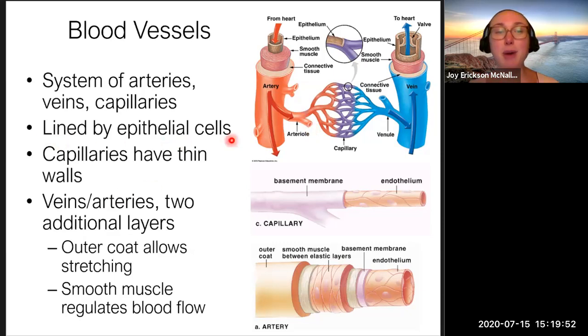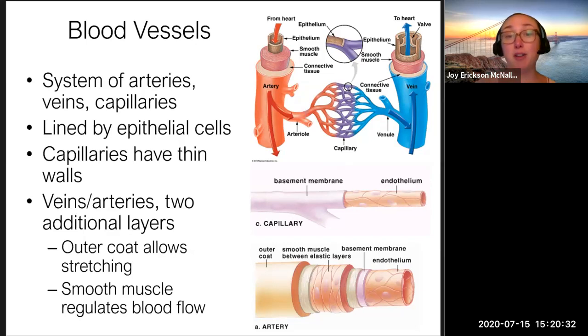Okay, so they're all lined by epithelial cells, and the capillaries, which are again the smallest part of your plumbing, that have the highest surface area, have these really thin walls, usually about 1 cell thick. And you see here is the basement membrane. Don't worry about this word, just know that they have these thin walls that are about 1 cell thick. And the thin wall allows for the rapid exchange of nutrients, gases, etc., to and from tissues. And some capillaries are so narrow, they actually force blood cells to pass through the capillary single file. Right, so it's like 1 cell wide as well, which is pretty interesting to me.